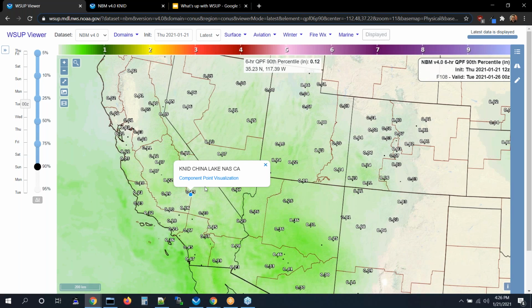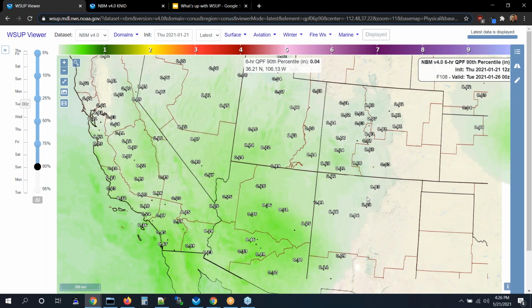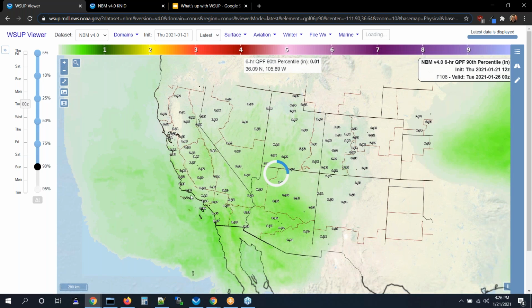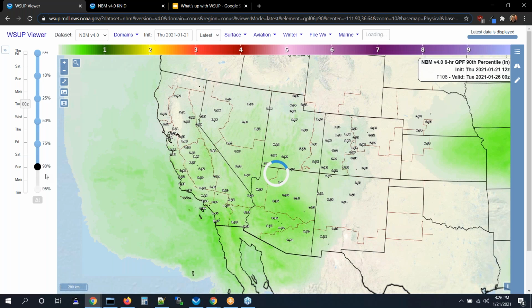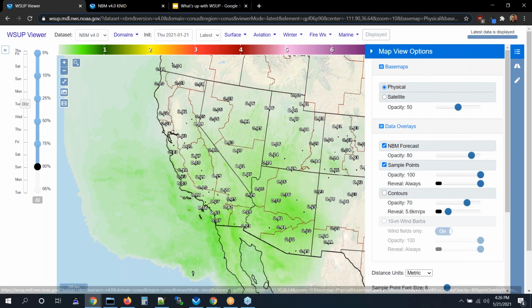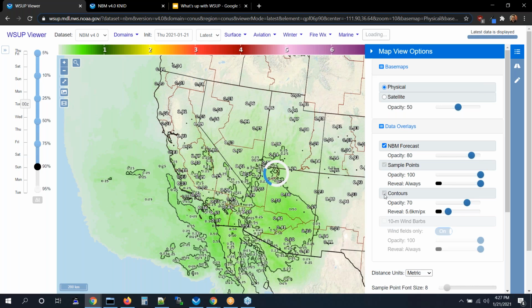So let's just quickly go back to our plan view. We have our map here, which is still showing PQPF 90th percentile. In this menu on the right, we can pull out, and we have two options for additional information. So we have our contours, which you can turn on, and it's not going to plot anything. And the reason why it's not,